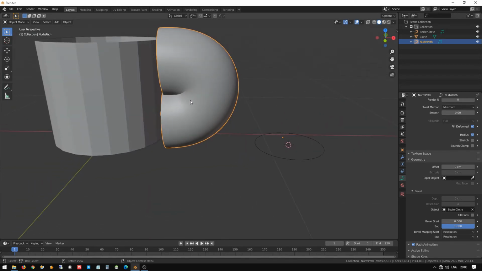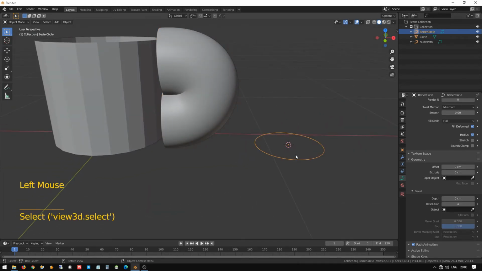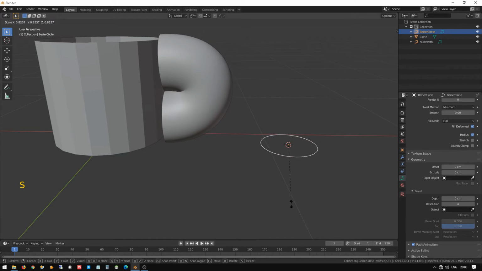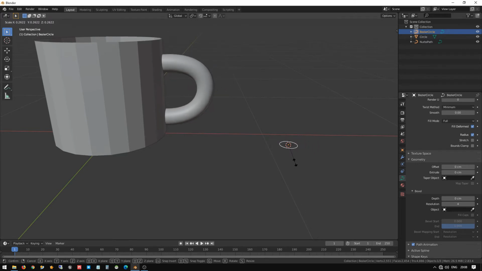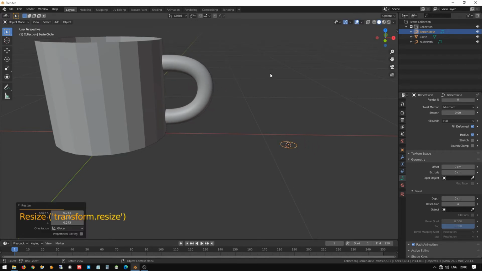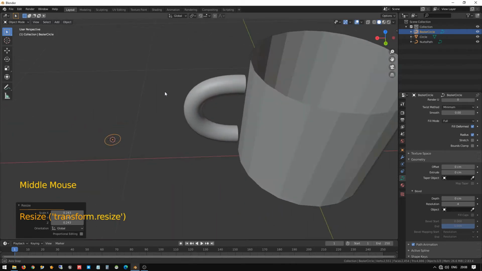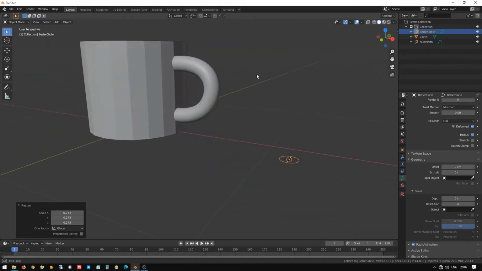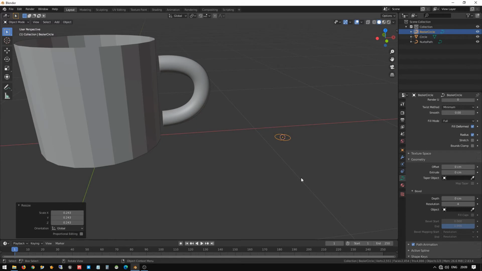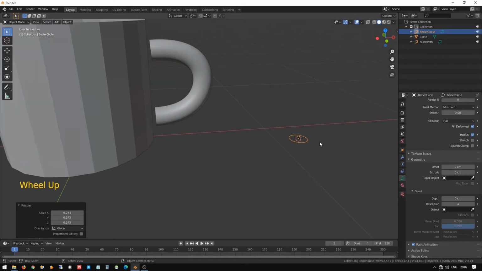Now you can see a round shape has come, and it's looking big because we have to reduce the size of the Bezier circle. So I just press S to scale and reduce the size as we require. This looks good. I hope this size is fine, this one is the default for me.